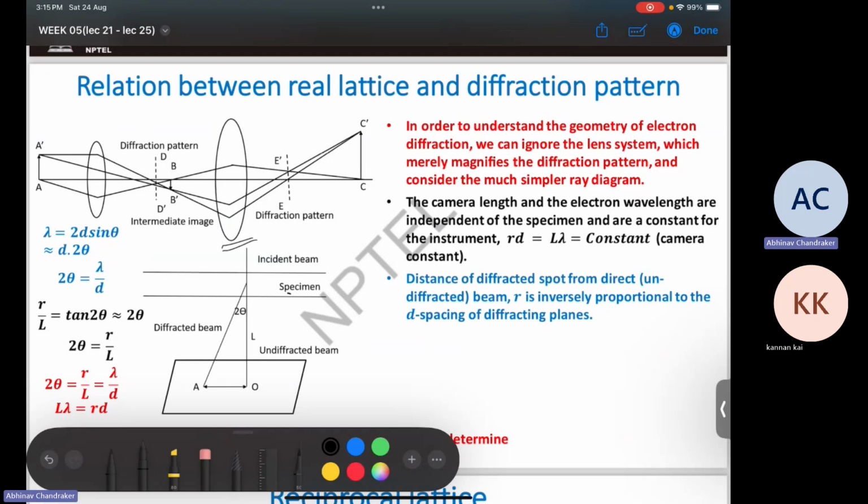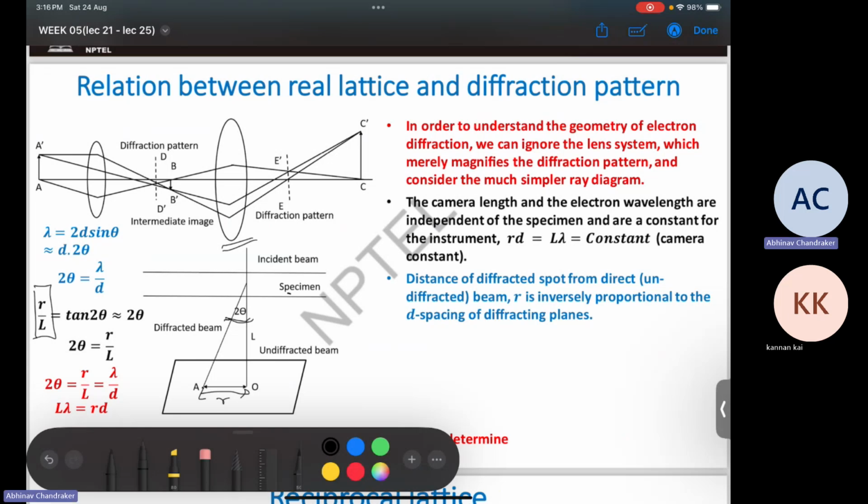And if we know the angle 2 theta, if the angle of diffraction is 2 theta, and we try to measure the distance between the diffracted beam when it reaches the screen and the direct beam, and call it small r, then what will happen is this small r divided by L, where L is the distance between the specimen and the screen. It's not the physical distance because you have many lenses in between, but